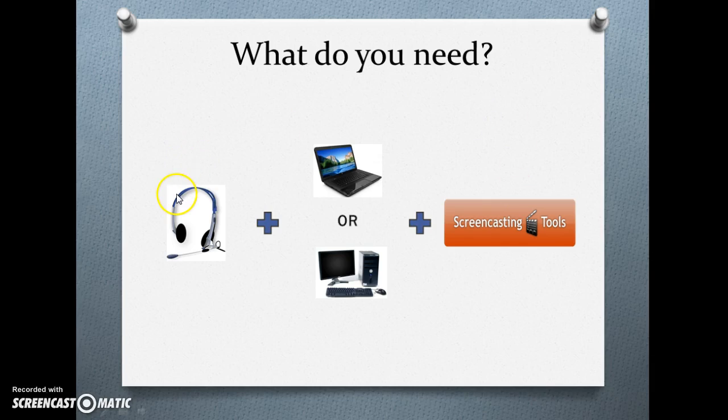Now, regarding the headset, if you have a microphone on your computer and you want to screencast, you don't need to use the headset microphone. I just use that as a personal preference. I know some other educators that I've worked with, they've had that as a personal preference also, because it does screen out some of the outside noise in comparison to using just the microphone that's on your desktop or your